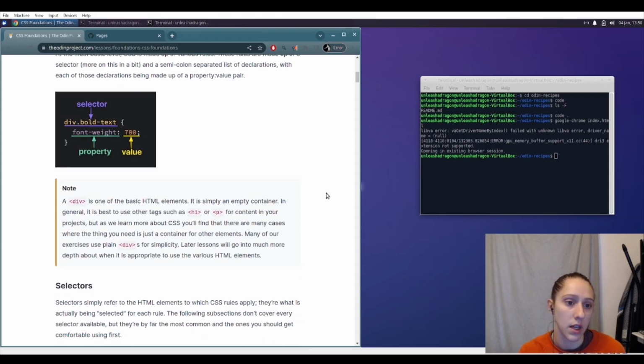So a note here is that a div is one of the basic HTML elements. It's simply an empty container. In general, it's best to use other tags like h1 or p for paragraph for content in your projects, but we'll learn more about CSS. You'll learn that there are cases where all you need is a container for other elements. Many of our exercises